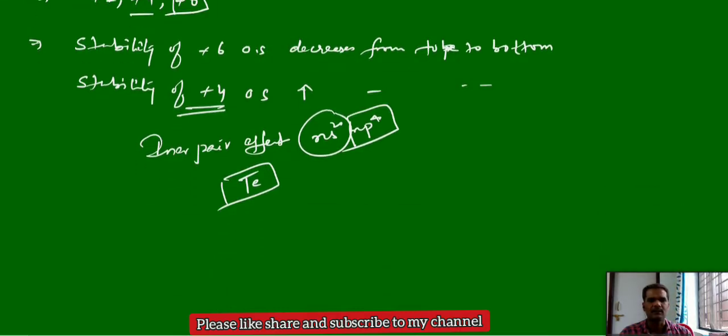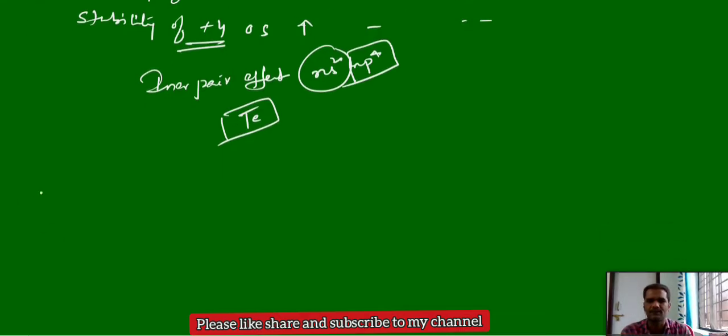Next, oxygen can show variable oxidation states. It can show oxidation state -2, which is a very common oxidation state. Apart from this, it can show -1 oxidation state also, and -1/3 oxidation state. It can show 0 oxidation state. It can show positive oxidation states also, +1 and +2. Anyhow, -2 is the very normal case.